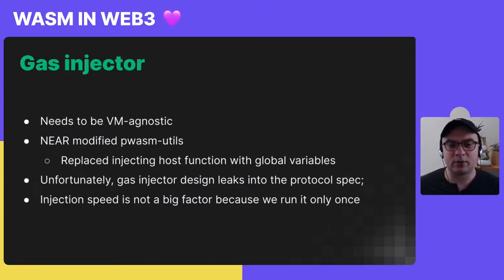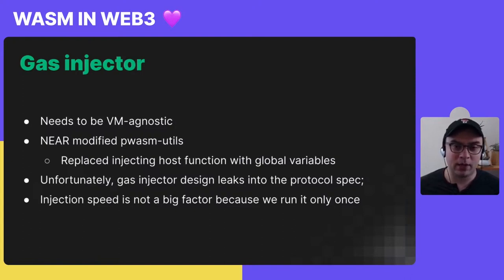This is mostly because the go-to instrumentation approach right now is to inject a host function call on every Wasm block, which is of course expensive because you're crossing the guest-host boundary every Wasm block. So what we did here, we looked at what Wasmer 2 is doing, and what they do is they inject a global variable that they modify without crossing the host-guest boundary. They just modify it on every Wasm block, and they do this injection in their middleware. So we took the same approach. We just modified Wasm utils in our fork to do this kind of instrumentation.